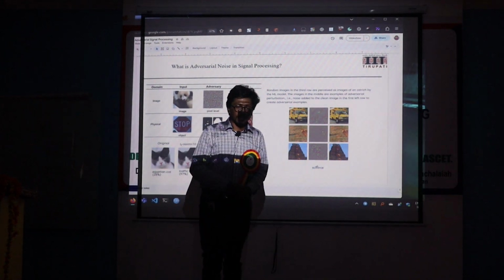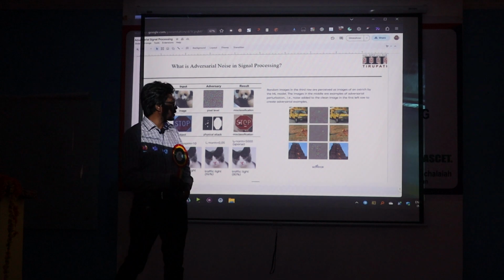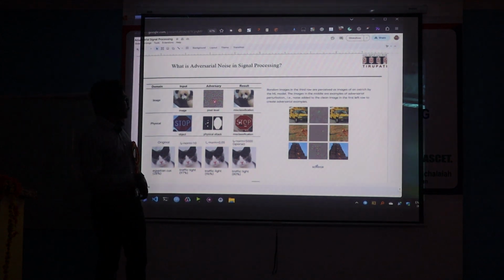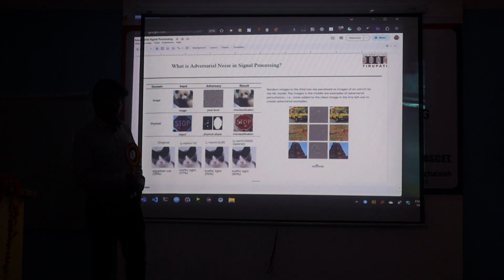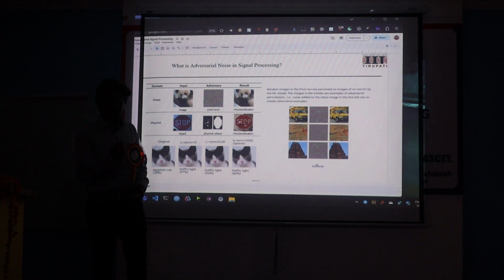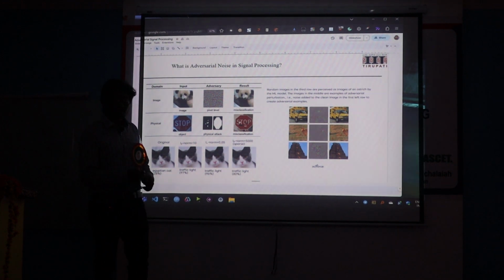So adversarial noise is basically you are adding some noise, just changing one pixel in an image and then sending it to identify, let's say, if this is a panda or not.